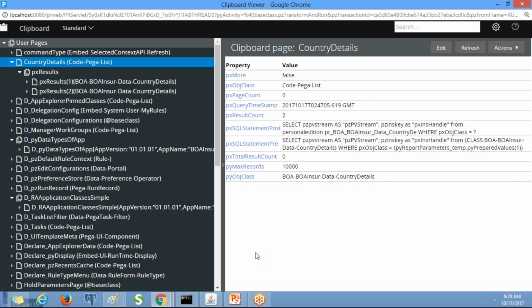Under it you will have px results of 1, px results of 2 and so on, px results of n, where n equals the number of records in the data class.